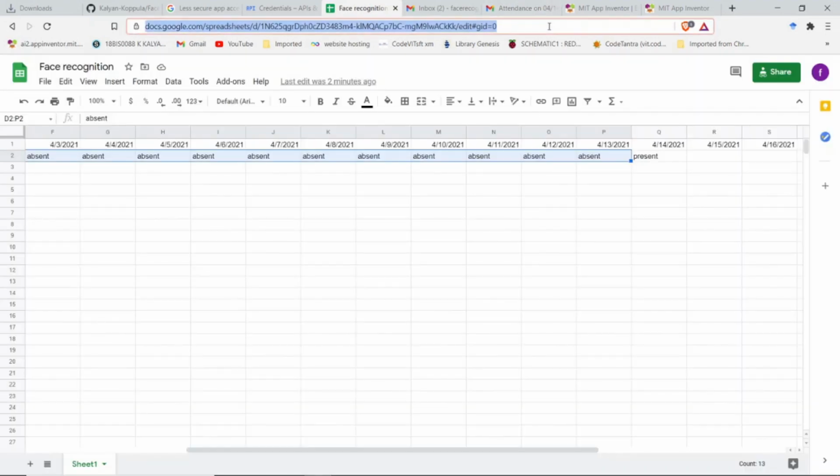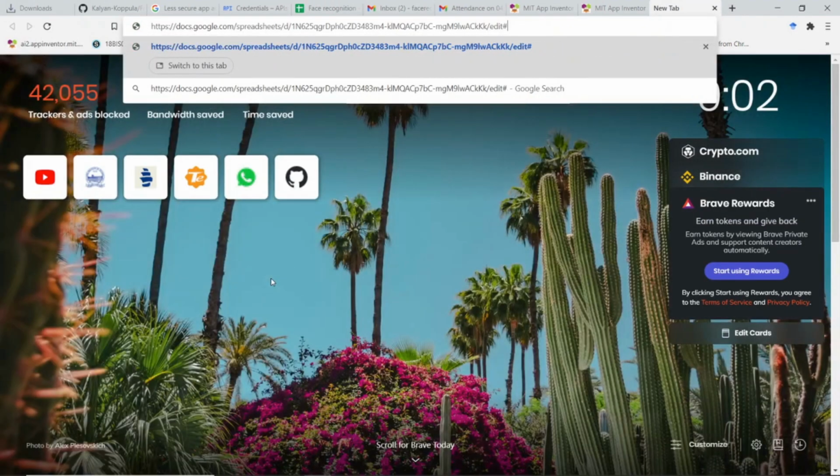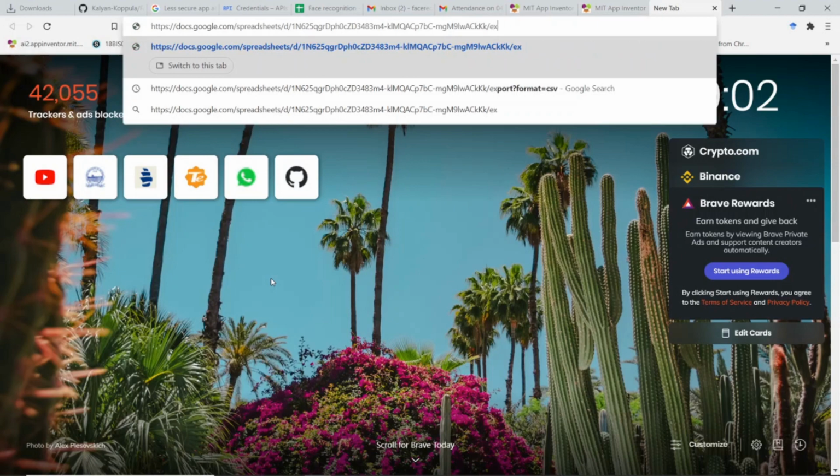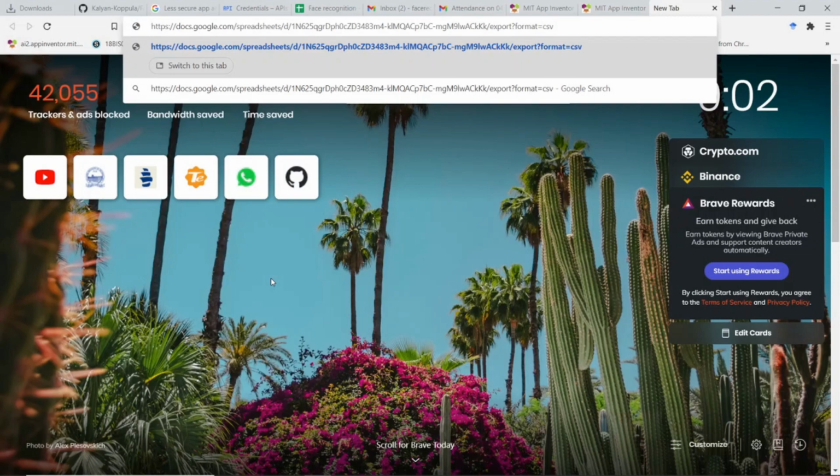Now we'll copy this link. We'll edit the URL. We'll export this in the format of CSV. Now we'll copy this link. When you click enter, it should download a CSV file which shows that it's working.